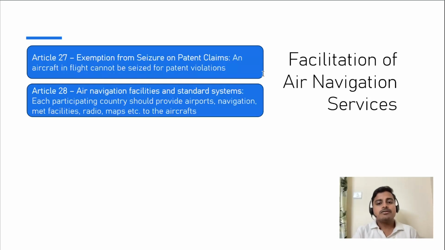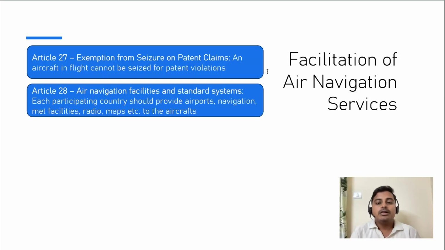Right? This protection is valid as long as the aircraft is legally entering or crossing a state's territory under the international rules. And the rule applies to parts, equipment, and operating systems of the aircraft that might be subject to patent claims. So any parts of the aircraft that come under a patent claim, right? It is protected under this rule. This article ensures that international flights are not disrupted by legal disputes over intellectual property.